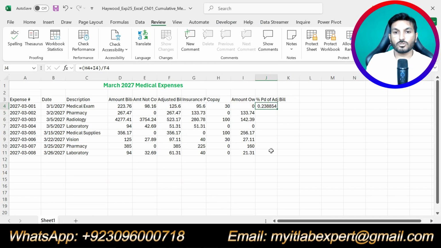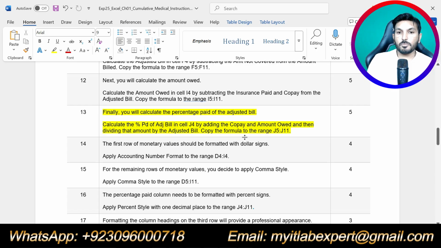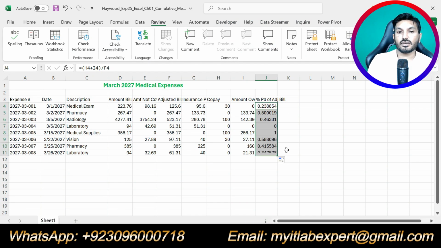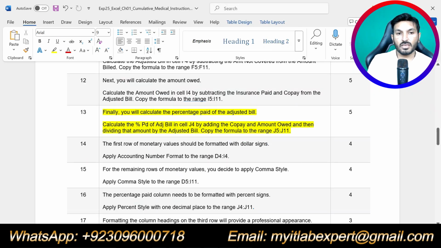Press enter. So we got the percentage paid of the adjusted bill. Now copy the formula in the range J5 up to J11. So we use the fill handle to get the other results. Okay, and that was step number 13.